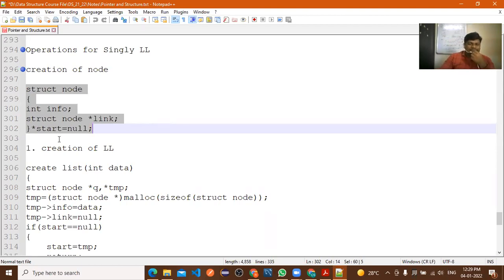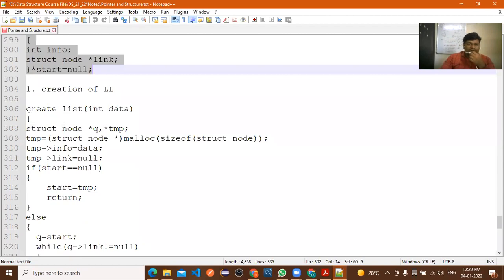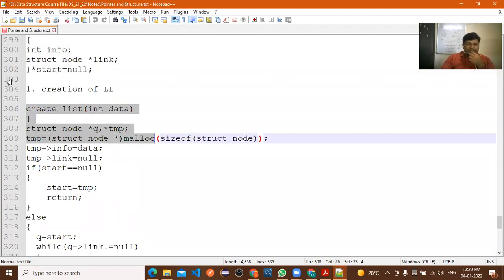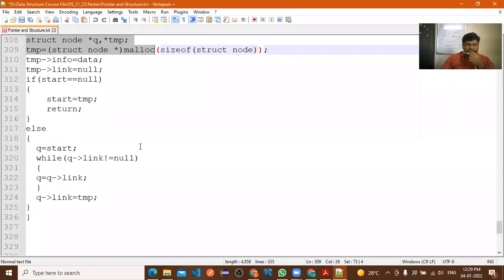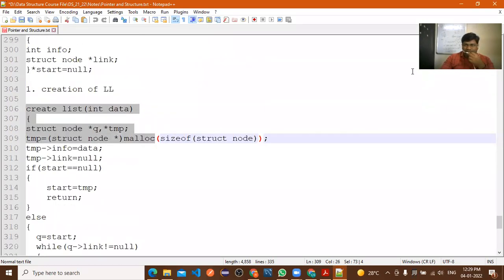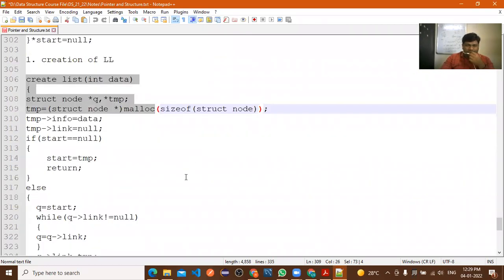Now the node we have created, the self-referential structure we have written here. Now the first function we have written here, for what purpose? Creation of a linked list. So in that, what we have done?